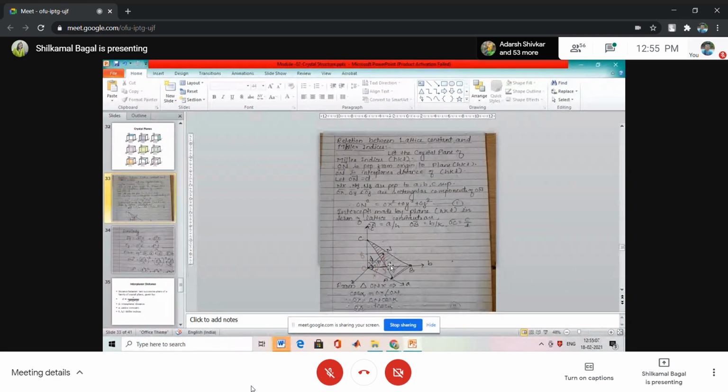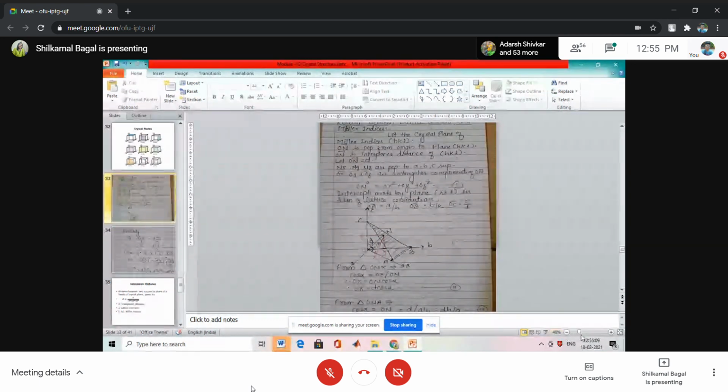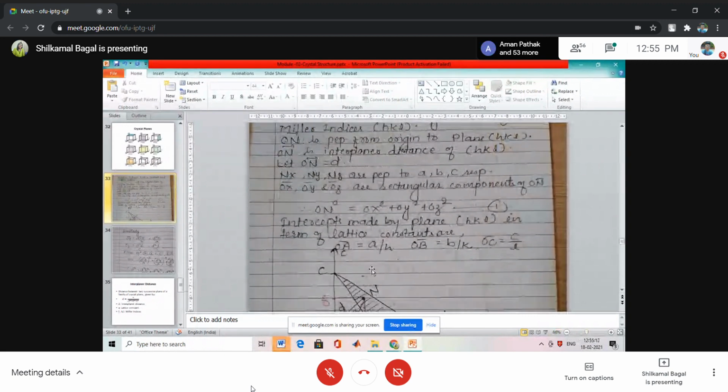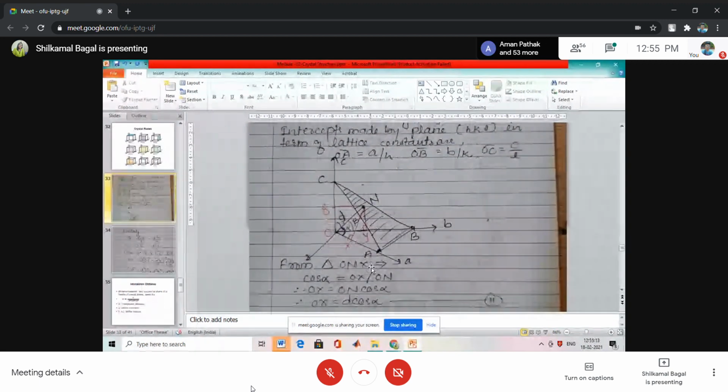See the diagram. Suppose A, B, and C are the crystallographic axes. Axis A is along one edge of the crystal, B is along another edge, along the y-axis, A is along the x-axis, and C is along the z-axis. And let us consider the plane